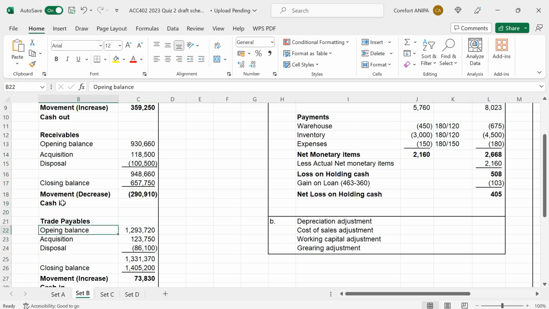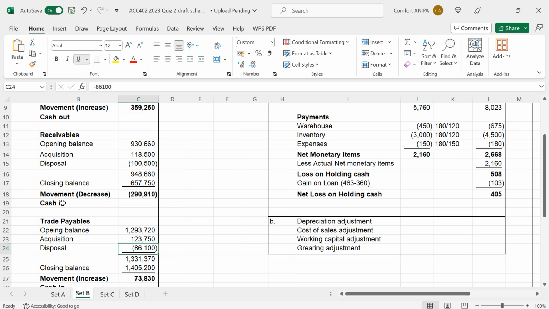For trade payables, again, your opening balance of trade payables 2019, 1,293,750. And your addition through acquisition of payables is 123,750. And the disposal, which is a reduction in payables,